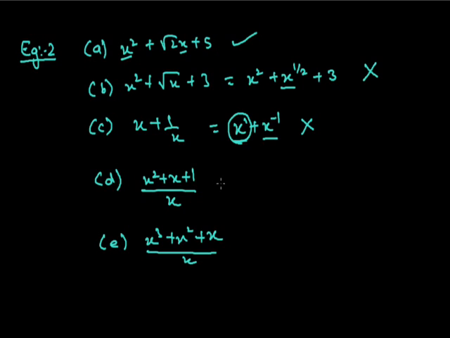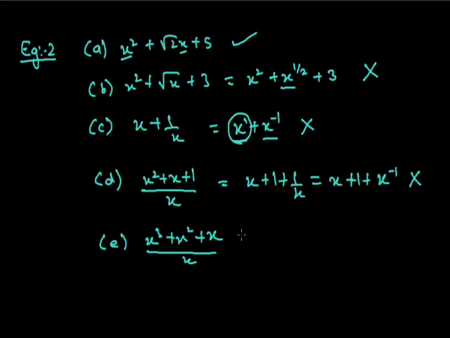Now if we see the fourth algebraic expression, if we simplify it, what we'll get? x plus 1 plus 1 by x. If we further simplify it, it's x plus 1 plus x raised to the power minus 1. Again, as the variable is x, one of the terms is the variable which has a negative integer power. So definitely this is also not a polynomial.